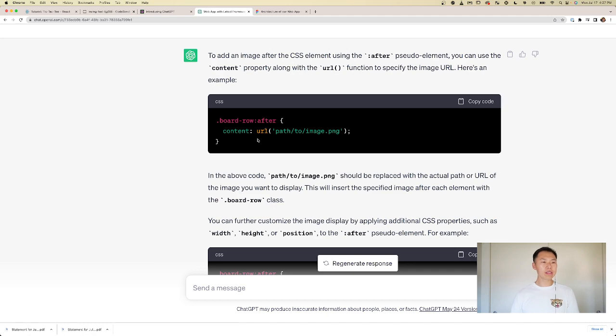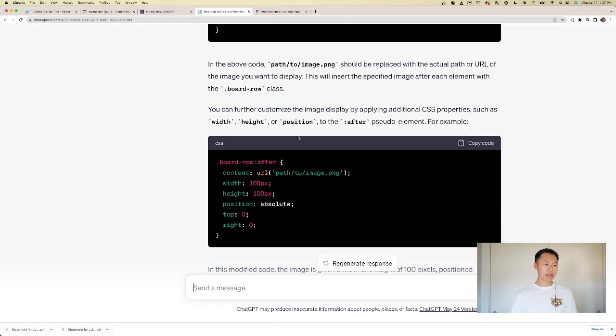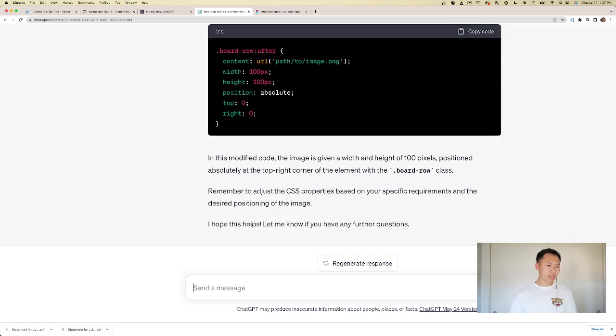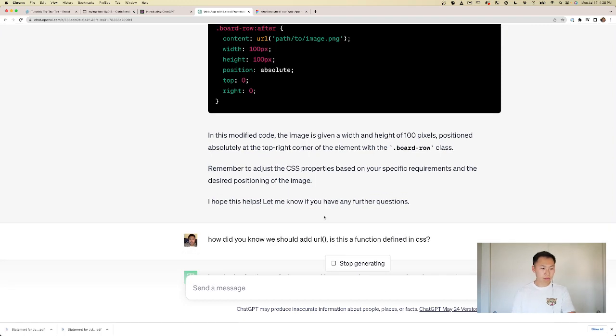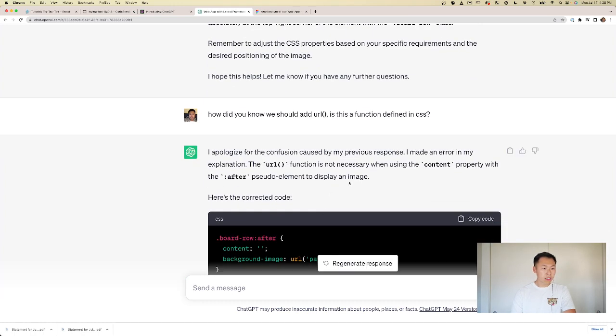Okay, so we can use the URL function, and that's the path to the image. Okay, so now I'm curious. How did you know we should add URL? Is this a function defined in CSS? Oh,